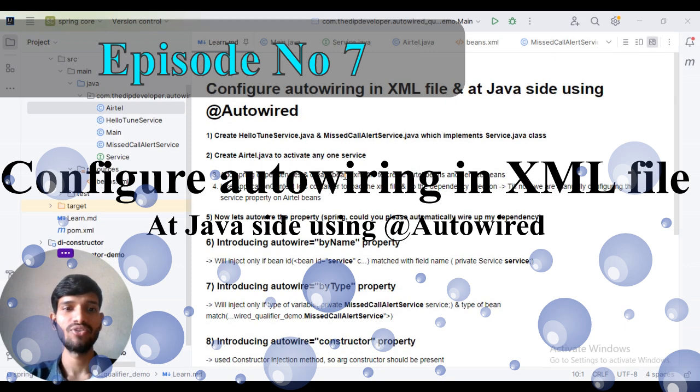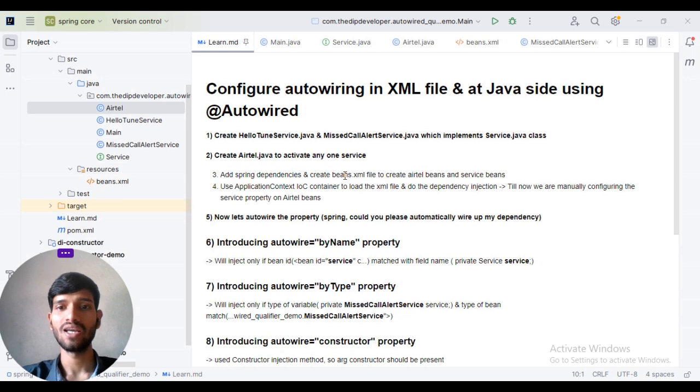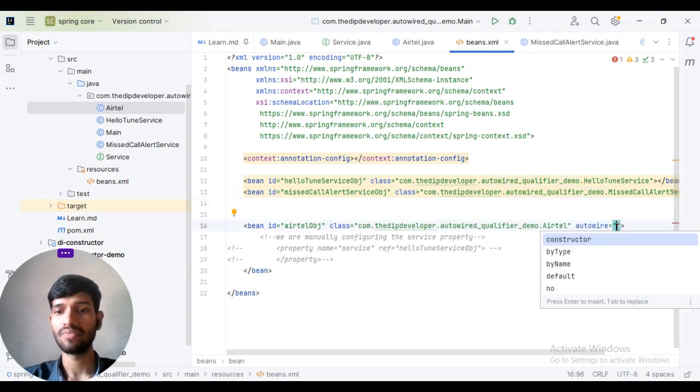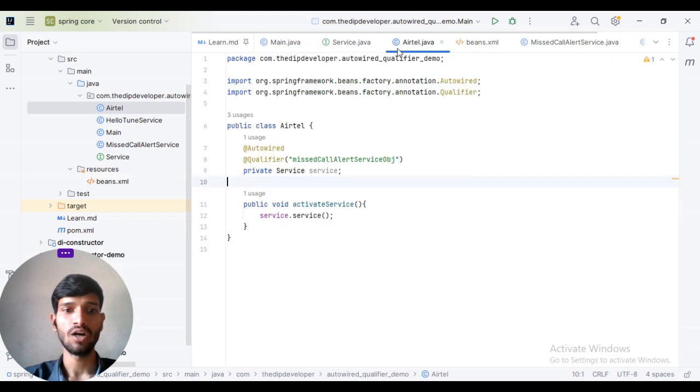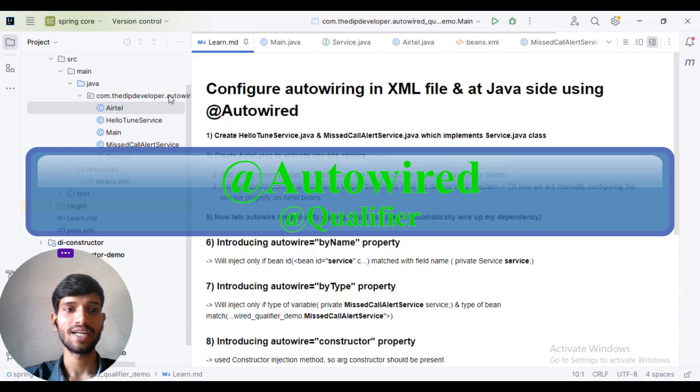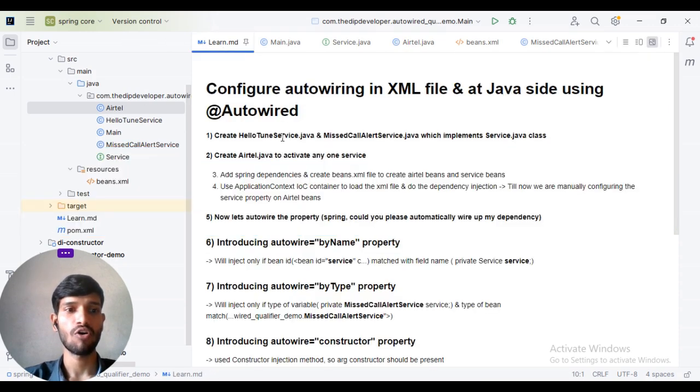This is the seventh video on how to configure auto-wiring in the XML file and also on the Java side using auto-wire annotations. We'll be learning the different types of auto-wire concept: by name, by type and constructor based, and later on we'll introduce the @Autowired annotation and the @Qualifier annotation from the Java end. So we'll create a simple project of Airtel, which has services called HelloTunes and missed call alert